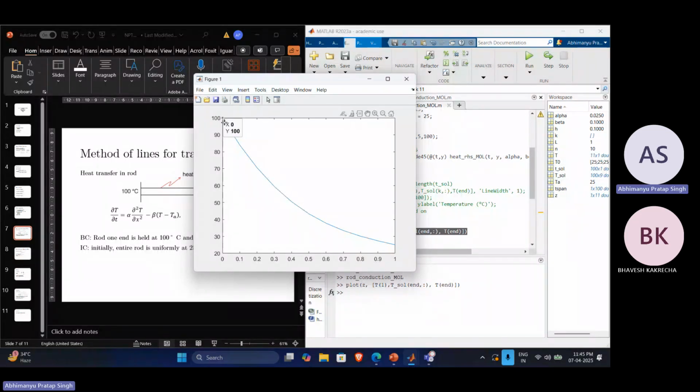It starts with 0, and then at the last node it remains at 25, and for all the other nodes, okay, let me